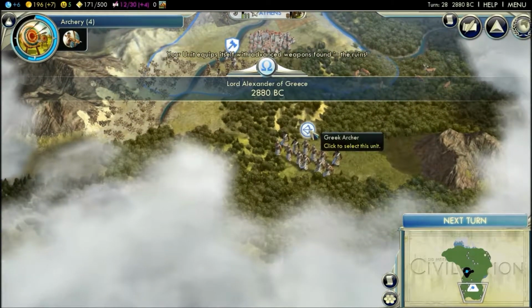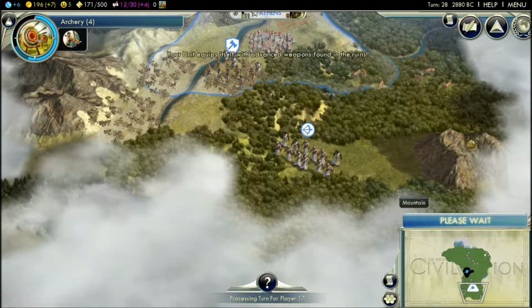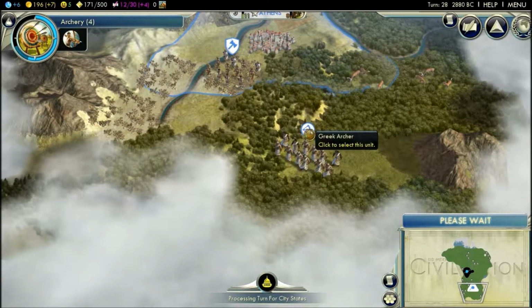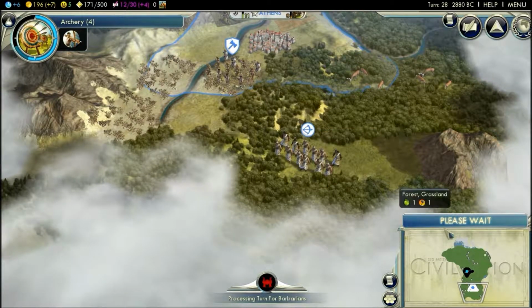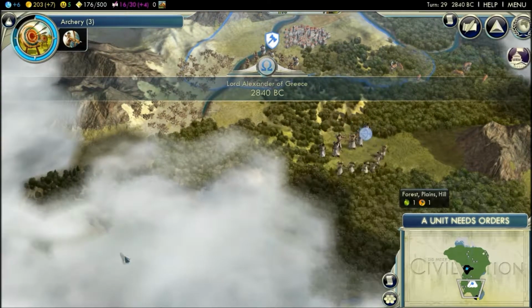Oh, okay, cool. So now I have archers, and for some weird reason, scouts evolve into archers if you get the advanced technology thing. I have no idea, but they can still... It's just a better defended...